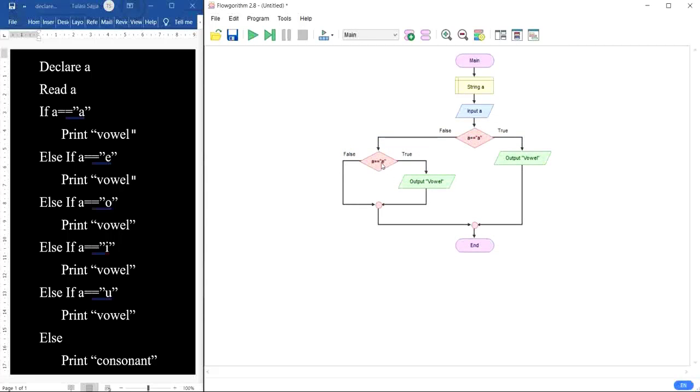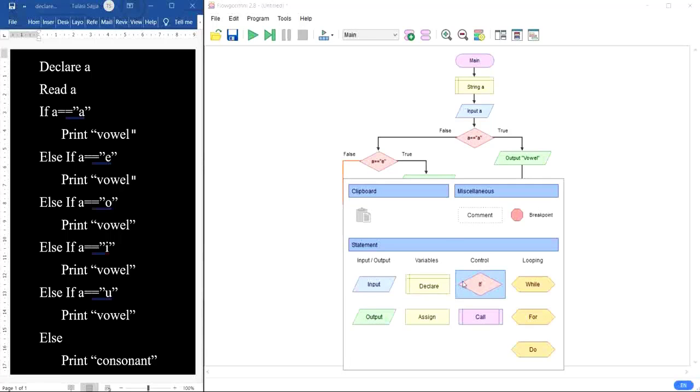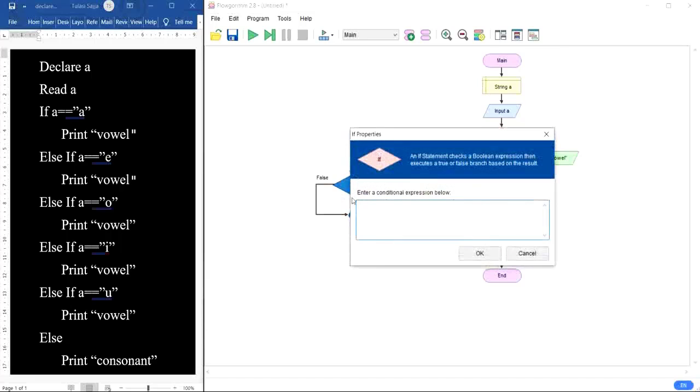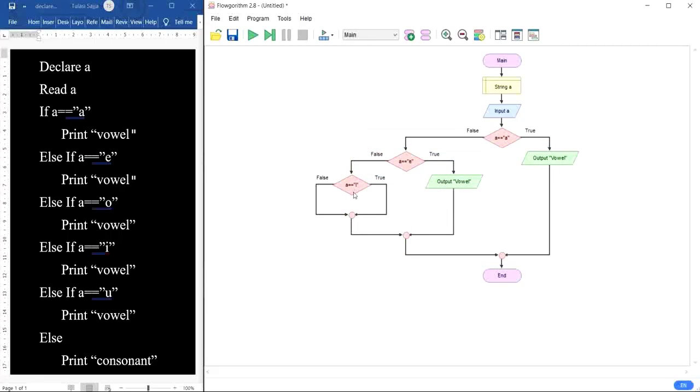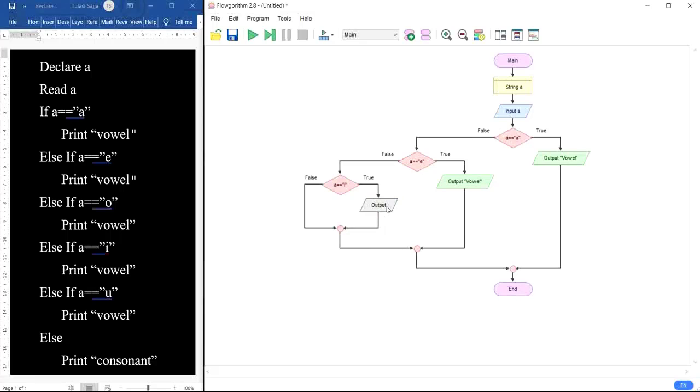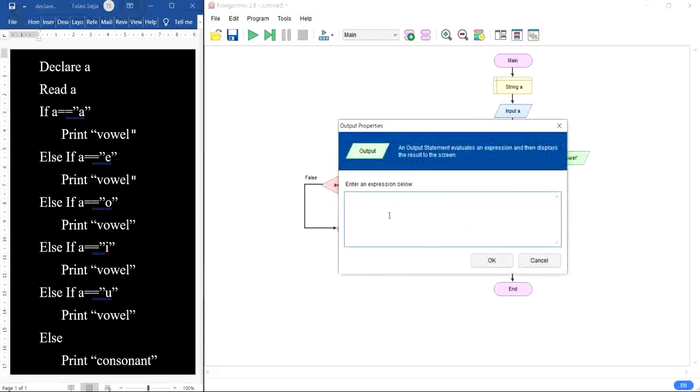If the entered character is not E, then we can go with another condition check, with the next vowel, that is I. If the entered character matches this condition, then it displays the output as vowel.